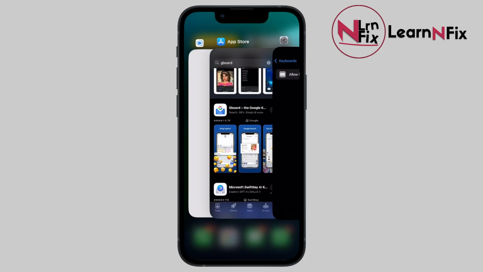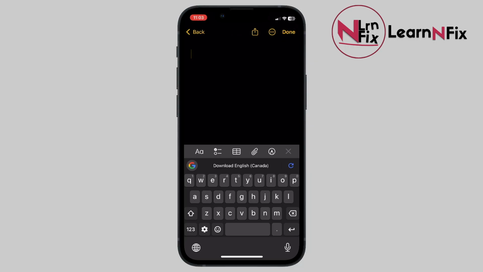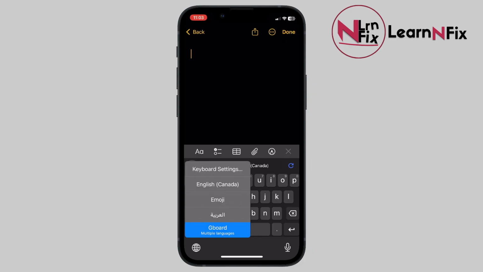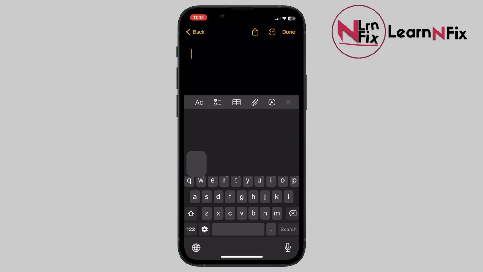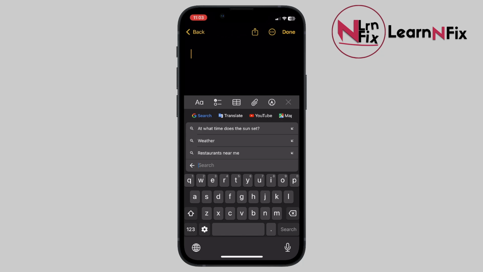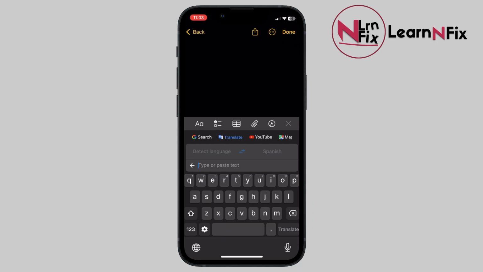So now you can start using Gboard. So let's try it out in this Notes app. So if you type in here, make sure that you selected Gboard here. So hold on the globe icon at the bottom left and then click on Gboard. And now click on the Google icon and then over here select Translate, click Understood, and here you can just